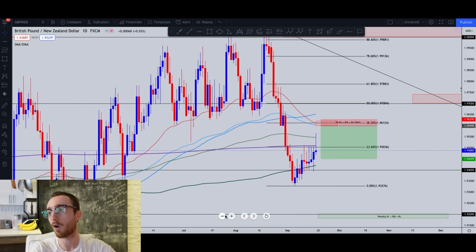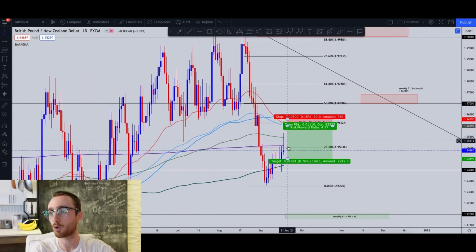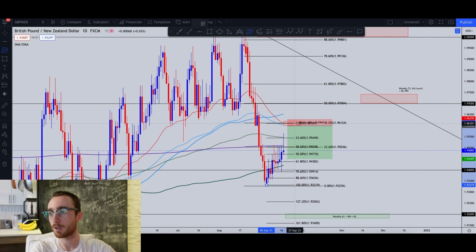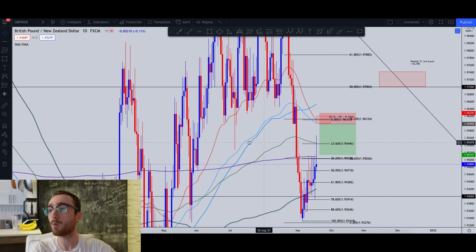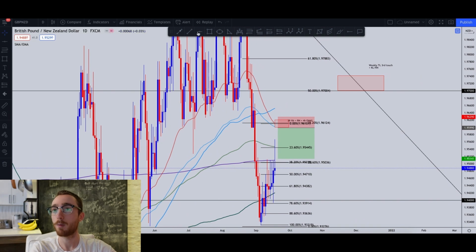Now, in terms of our take profit level, let's say this were to hit, what we would do is we would draw a fib from here. This would be our new fib, and we would want to target just above the 38, which would give us a risk to reward of 2.83, which is totally fine. But we would probably take a profit before that. We would probably take our first profit at this level here because of the moving average,